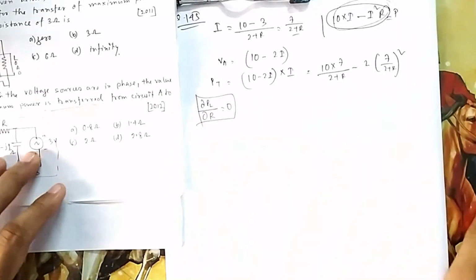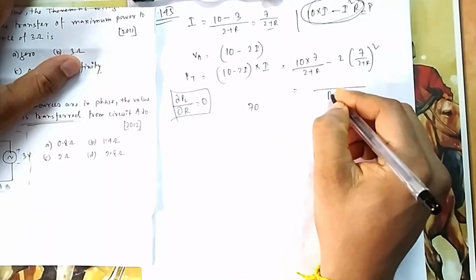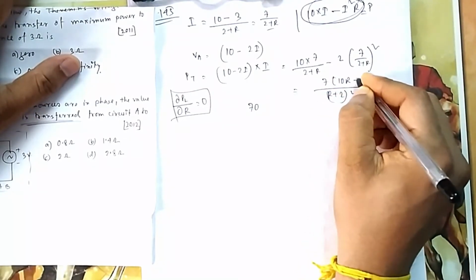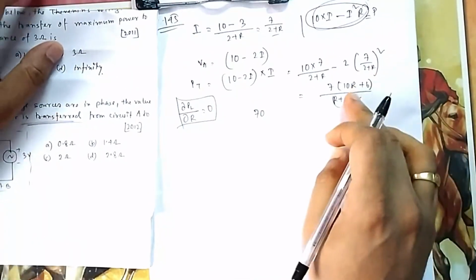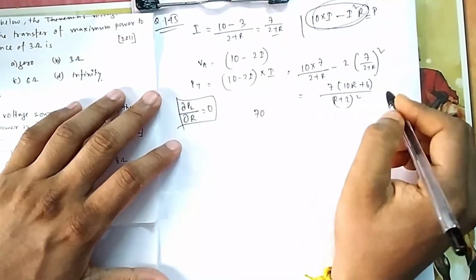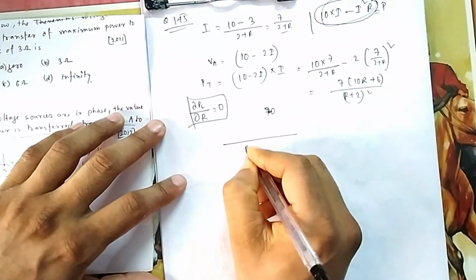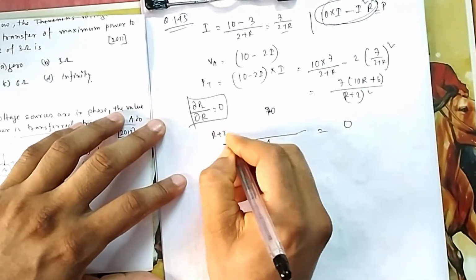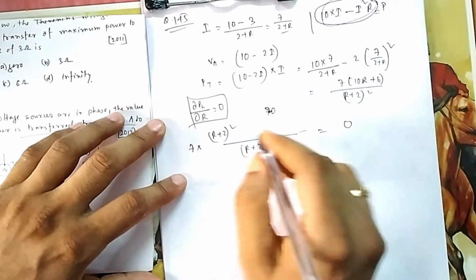That is how to calculate the maximum power. If you simplify it, it will be 7 into 10R plus 6 over 2 R plus 2 whole square. I think you can do this simplification. After simplification, it will look like this. You can take 7 common, then it will be 10R plus 6. Now if you differentiate this, the denominator is R plus 2 to the power 4. It is not required because ultimately we are going to make it 0. So 7 you can remove because it is constant.